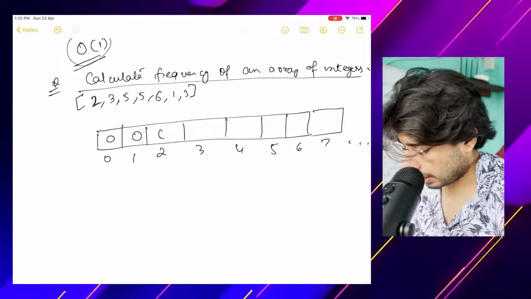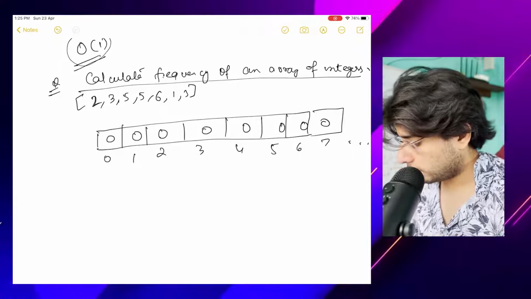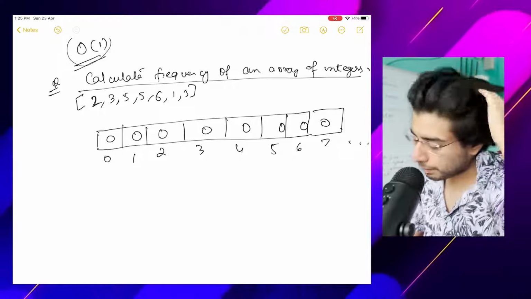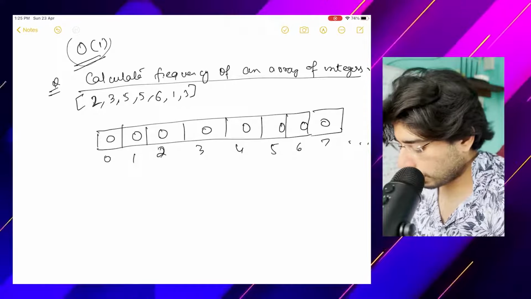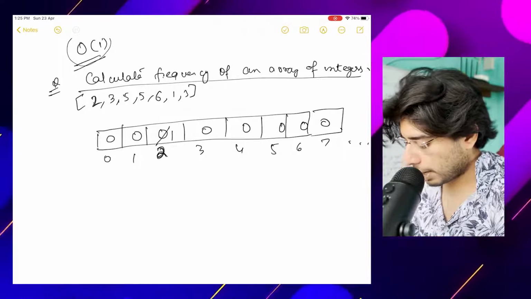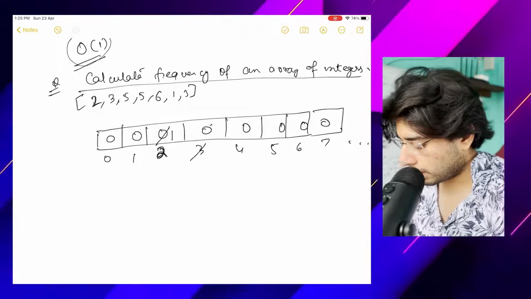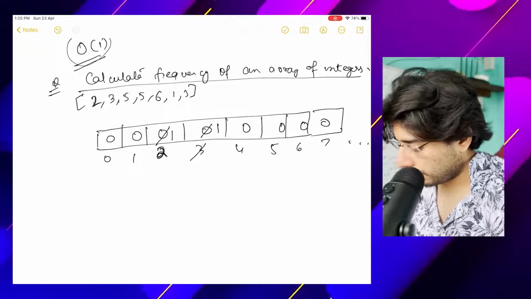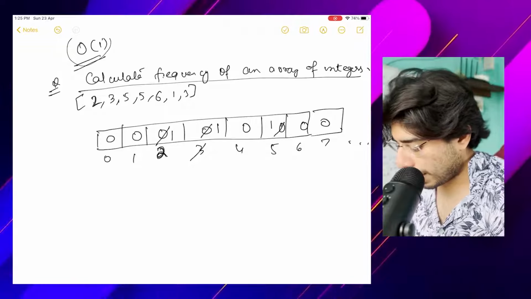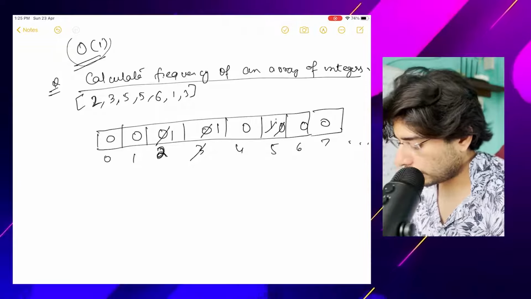Let's say everything has 0, because that's the default value in Java. Now 2 comes, so we go to index 2 and increase this value to 1. 3 comes, we go to index 3 and increase this value to 1. Similarly for 5, we first increase this value to 1, then 5 comes again, so we increment this value to